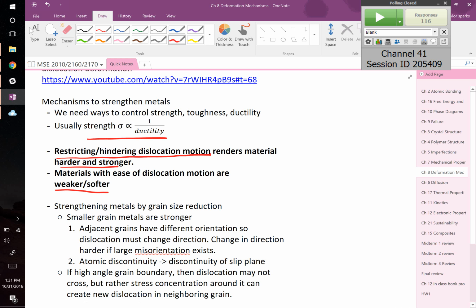The reason it's easy to deform is because you gave it a ton of thermal energy, so these slips can move past each other a little bit easier, right? When it cools down, it gets harder and stronger because those dislocations can't move past one another. So this is a really important take-home message for material scientists and mechanical engineers alike. If you do anything to make it harder for them to move, you make a harder, stronger material, but you've